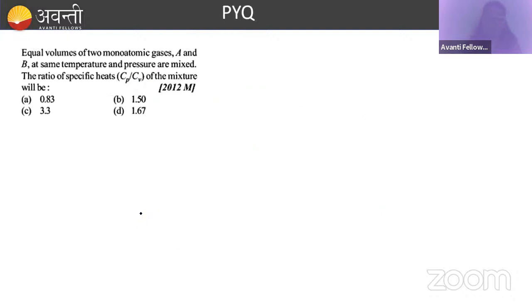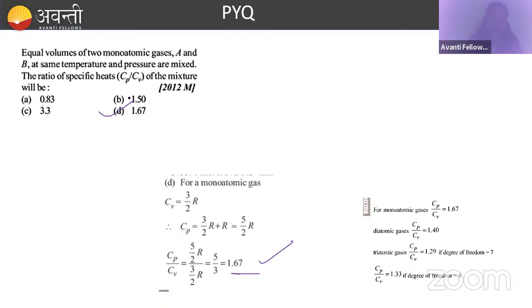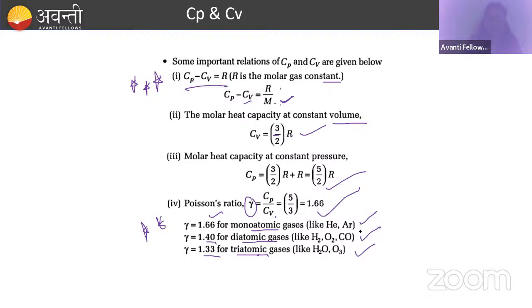Okay, so see the problem. Equal volumes of two monoatomic gases A and B at the same temperature and pressure are mixed. The ratio of their specific heats, that is Cp/Cv, for the mixture will be? तो अभी हम लोगों ने यह प्रॉब्लम सॉल्व किया था, फिर से वही रिपीट आ गया है। Cv is equal to 3/2R, राइट। मैंने यह कैलकुलेशन किया, आप लोगों को समझ में आया है। क्या आंसर आ जाएगा? 1.66। क्योंकि हम लोगों ने अभी देखा Cp/Cv मोनोएटॉमिक गैस के लिए इतना होता है, डायटोमिक के लिए इतना, और ट्राइटोमिक के लिए इतना। कौन सी गैस मोनोएटॉमिक, कौन सी डायटोमिक, कौन सी ट्राइटोमिक, प्लीज रिमेंबर दिस।